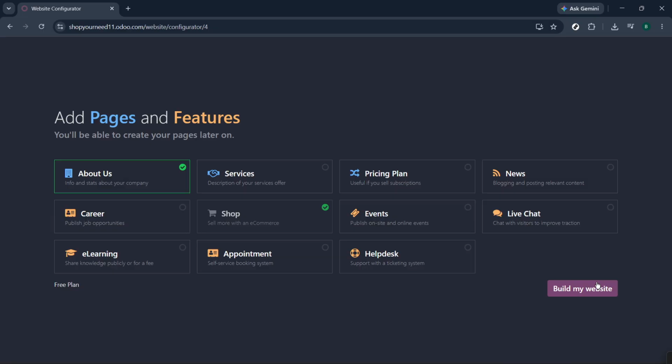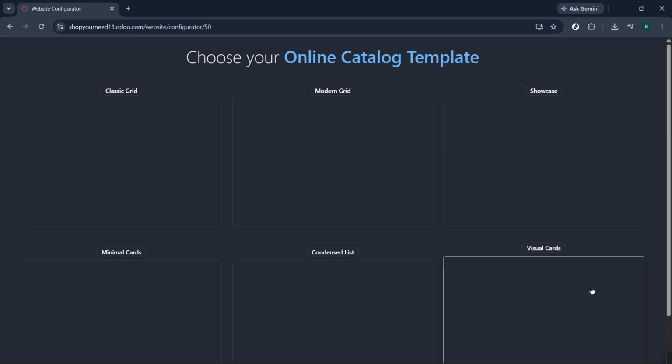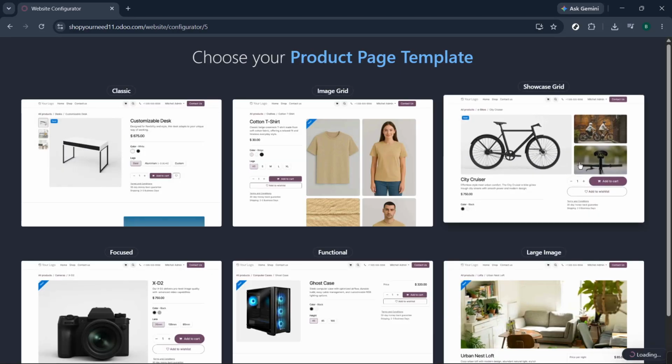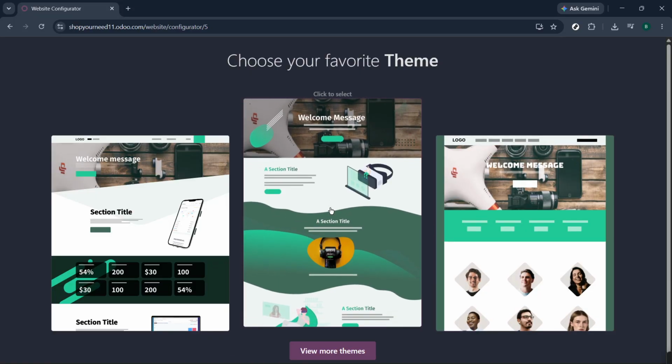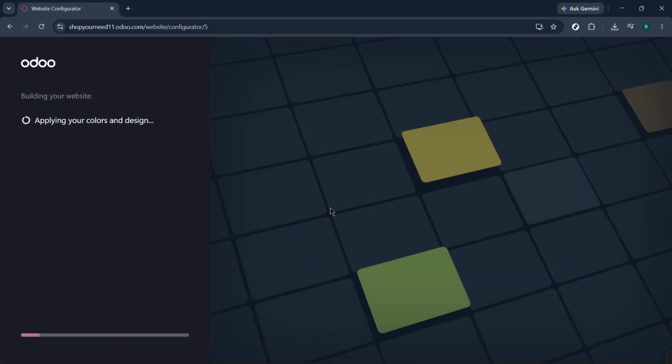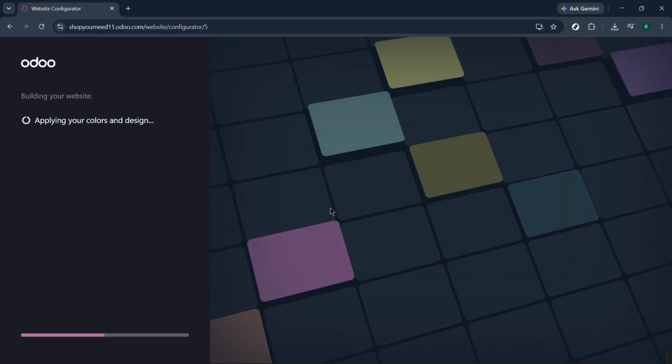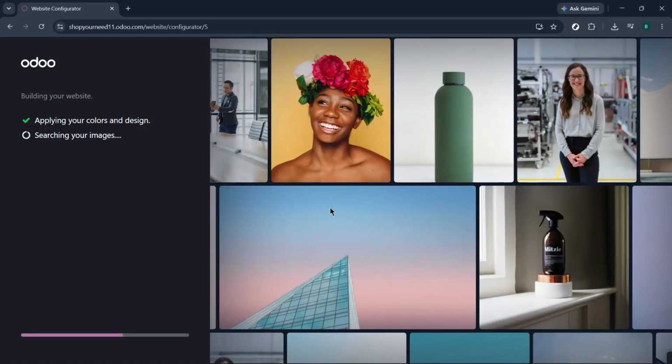This is an important step as it will determine what functionalities will be available to your customers. After making your selections, click on the button that says Build My Website. However, the customization doesn't stop there. You can now choose your theme and the style of product presentation that aligns with your brand. Odoo provides various attractive themes to enhance your site's appeal, so have a good look and choose something that stands